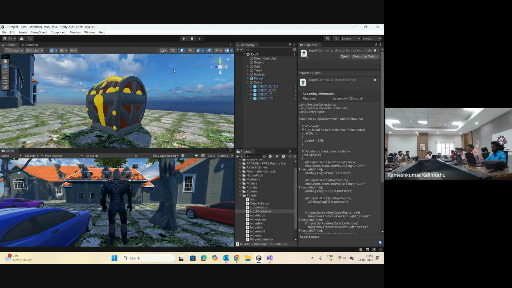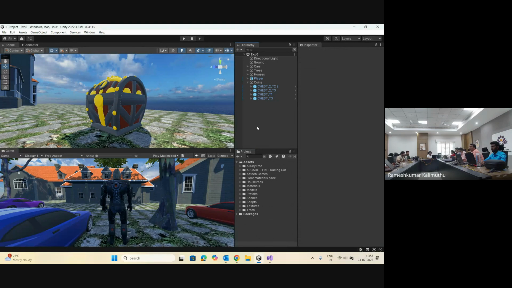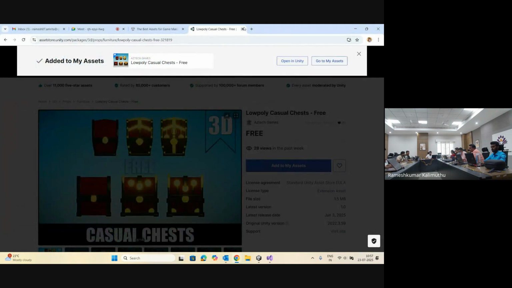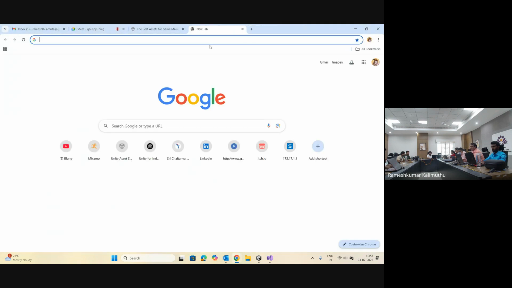So now the player is simply roaming around and collecting the coins, everything is happening, but the music is missing. So now we are going to add the background music. Like how? You can go to the browser and you can download any